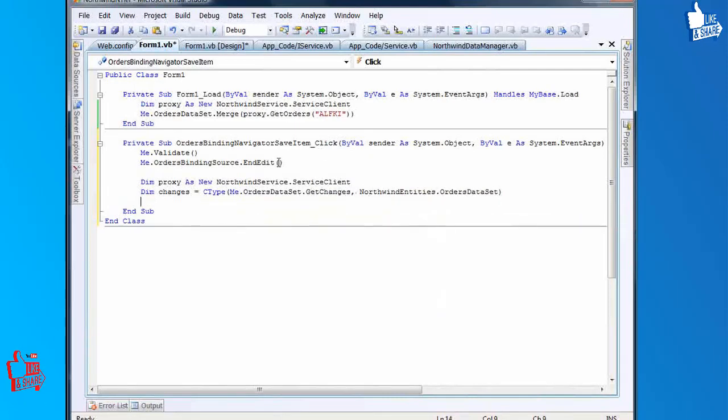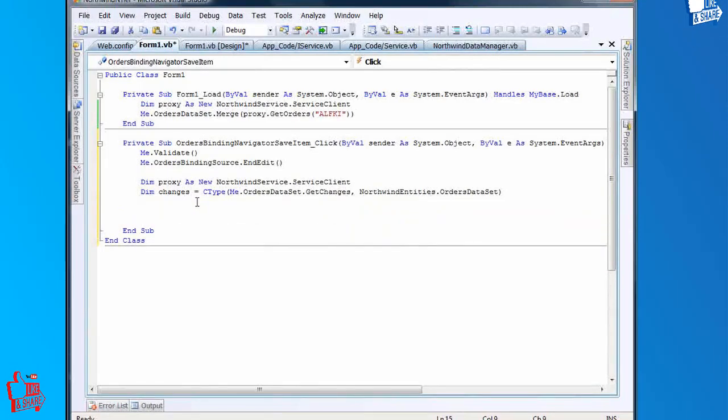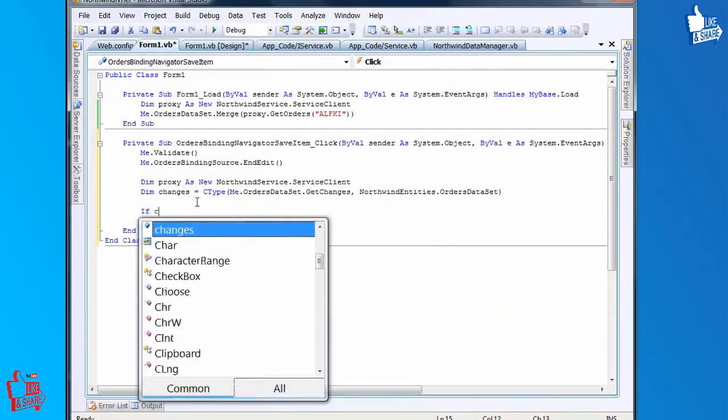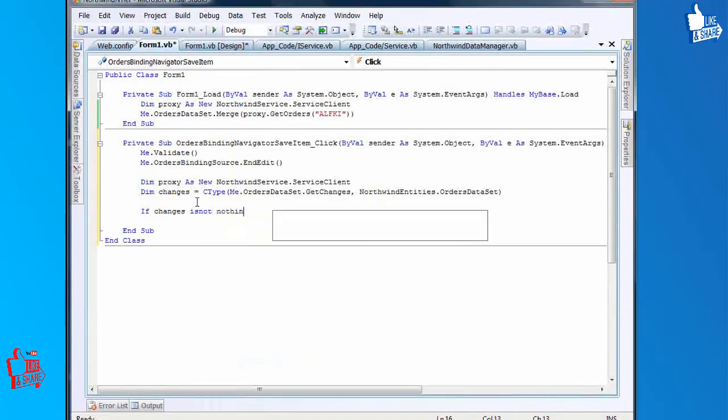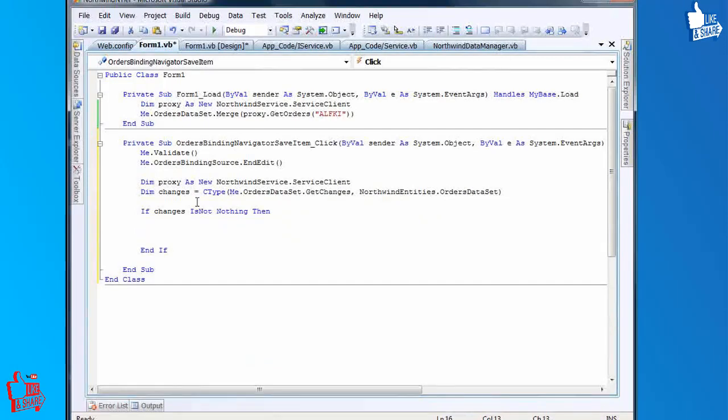Okay, so that'll just give us a type, because GetChanges just returns a data set, and we want the data set to be typed as an orders data set. So, and then I'm just going to say If, make sure that we actually got something back here, is not nothing. Okay, then